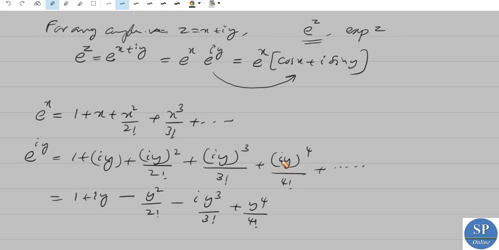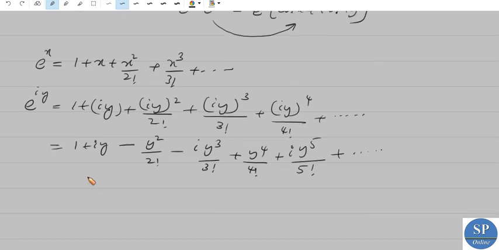So i power 5 is i power 4 which is 1, into i, so plus i into y power 5 divided by 5 factorial plus etc. Okay, now we can split this series by taking the real part and imaginary part, separating the real part and the imaginary parts. We have 1, then minus y square by 2 factorial,